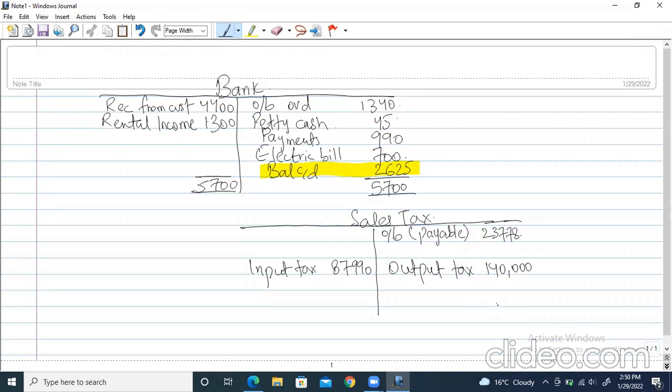So I think the heavier side over here is the credit side. So this is 140,000 plus 23778, which is 163,778. And 163,778 on the other side as well. The difference side is the debit side, balance carried down. So 163,778 minus 87,990 gives us the final balance of